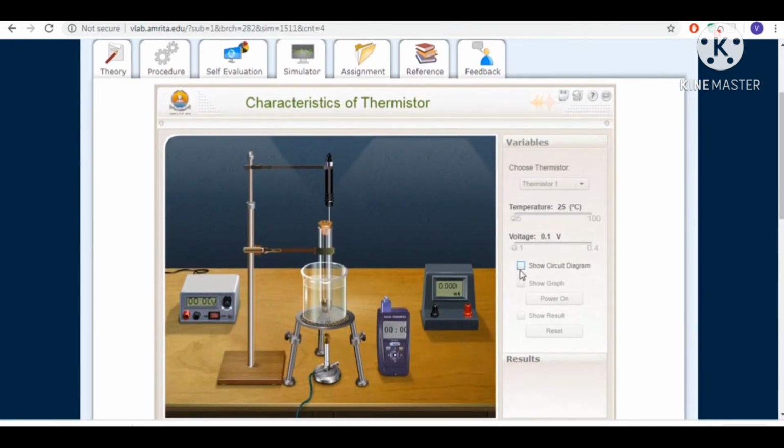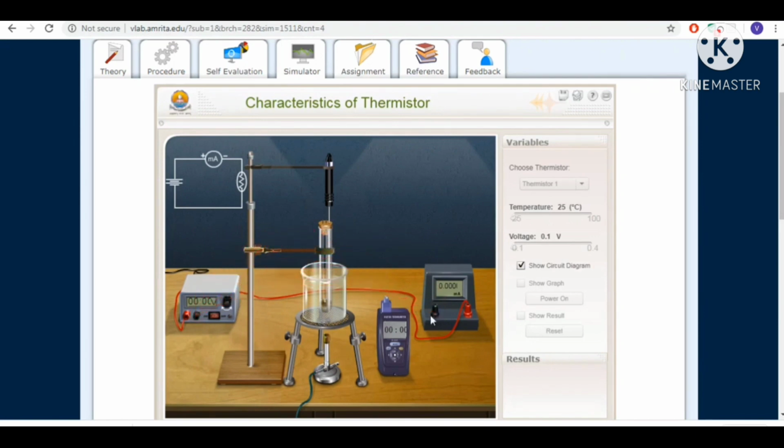Okay, you can see this is the experimental setup. I will click on the circuit diagram. As you can see in the circuit diagram, we will make the connections according to this diagram. This is a battery, this is your ammeter, which will read the current, and this is your thermometer. Now the positive of the battery is connected to the positive of the ammeter. We will click here, a wire will pop up, and connect the wire like this. If you make a wrong connection, the wire will not connect automatically.